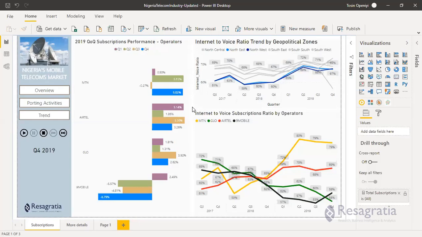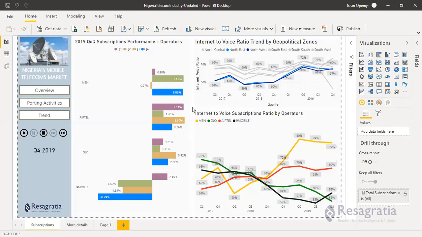Right? 9mobile has been struggling, right? They have been struggling, suffering and smiling. Well, I like them because they are still in the market.